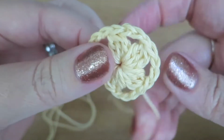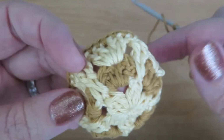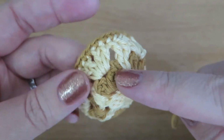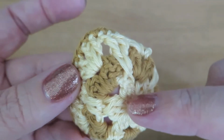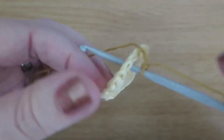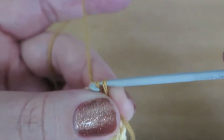Okay, so that's our first bit done. Now I'm going to sew the ends in before I start the next round, just to make it easier to show you, so back in a moment. Okay, so we're back now, and I'm going to start doing this second round, which I'm using in a different colour just so that I can make this stand out a bit more. And this is the colour I'm using, and we're going to start working into those chain spaces there. So get the yarn on your hook, and you just start in any of the spaces that you like, it doesn't really matter, and we're just going to do 2 normal trebles, not together like we did in the